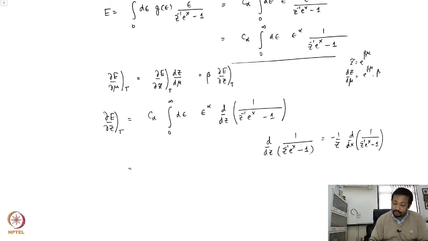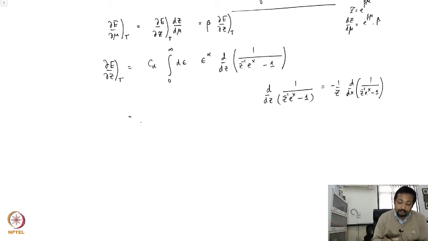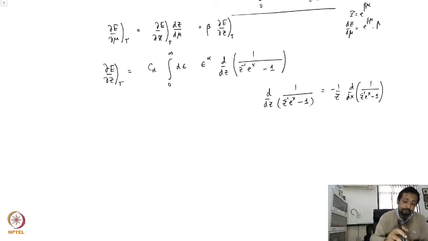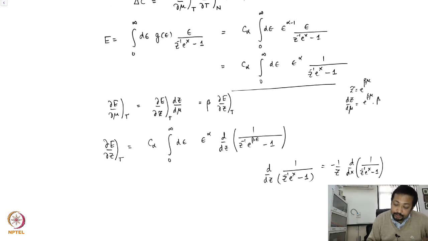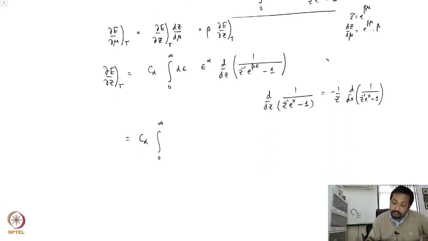So this relation then I have is going to be C alpha integration 0 to infinity. Now look, I have used e to the power x and I have used e to the power x, which is not the right thing to do. So we have beta epsilon over here. Did we keep it as beta epsilon? Yeah. So unnecessarily I have, anyway, since this is beta x is equal to beta epsilon, I can straightforward